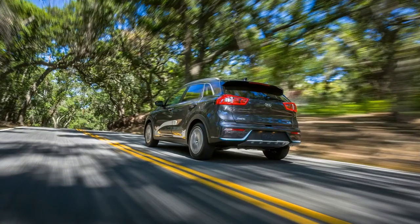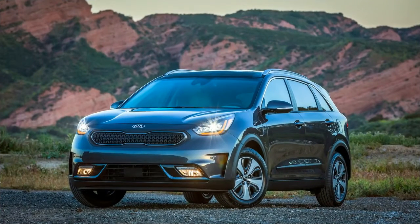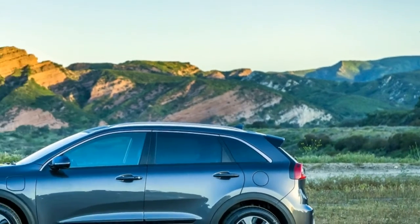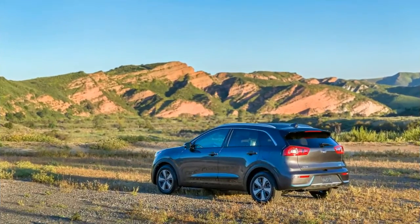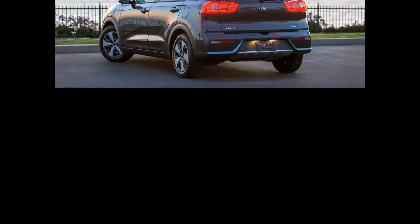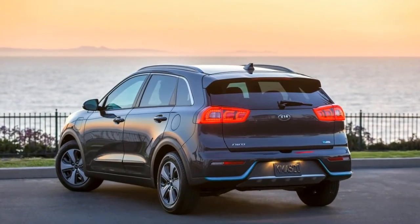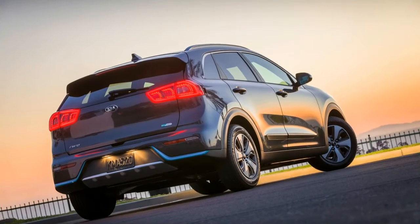As much as regulators and policymakers revere PHEVs and see them as an important step on the way to electric mobility, the reality is that too often the format can involve glaring compromises, excess weight, sluggish performance, and higher cost, all for the sake of the occasional delivery of a few miles of electric driving. The best plug-in hybrids sell themselves on low running costs and not overcomplicating things, and that's exactly what Kia has